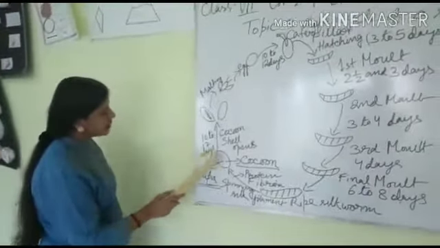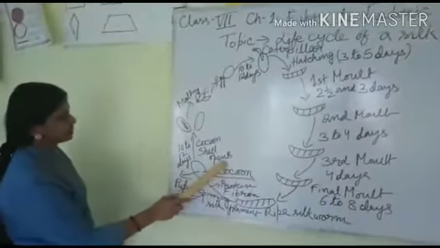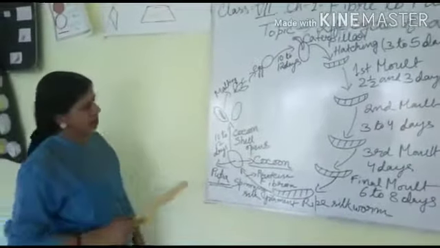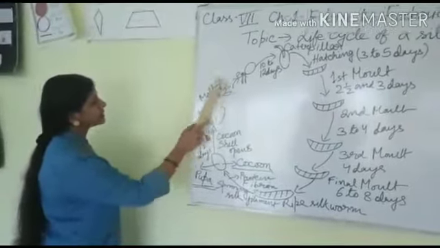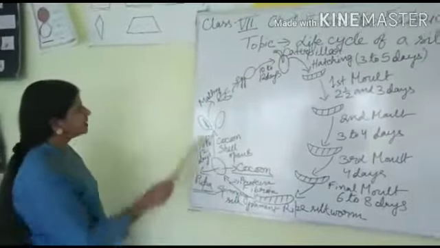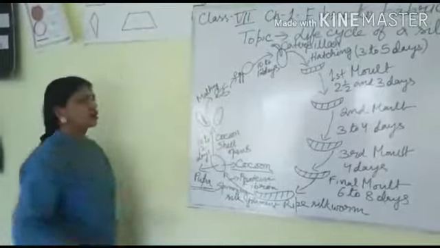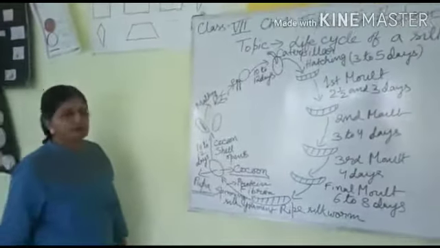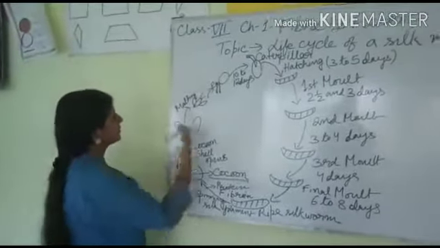Now, after some days, that is 10 to 12 days, the cocoon cell opens and this pupa comes out. When the pupa comes out, it takes the formation of a butterfly type of insect. This is also called molting. When it sheds the old skin, it develops wings, it becomes beautiful and changes. It becomes adult.